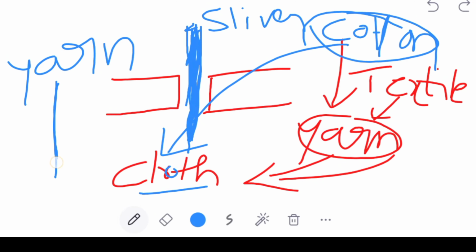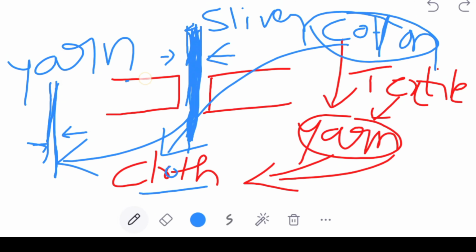How to convert this into this? By the use of very small gaps, around 2 mm or 3 mm, around 10 mm, 1 centimeter. If any difference occurs in this, this also will differ. You can see, now we are placing light sensors or LVDTs here, between two metallic parts, where we are sending the yarn. Okay.